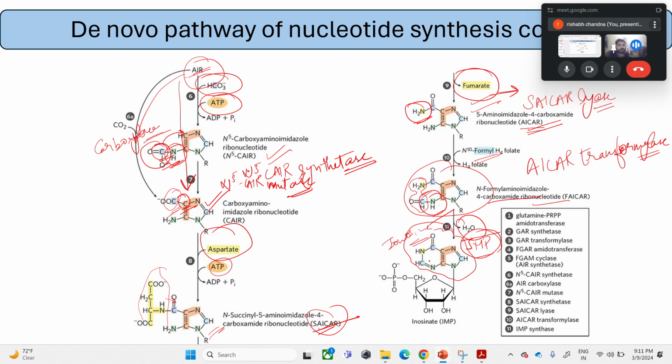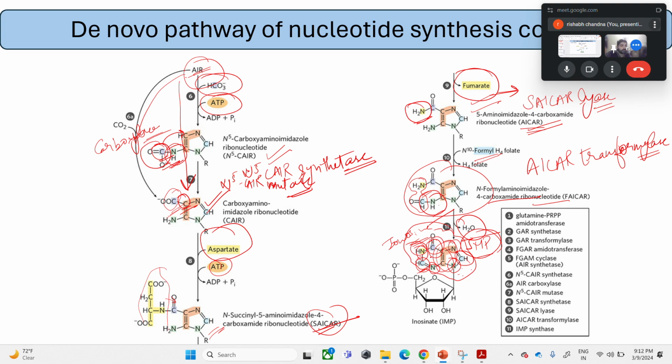Okay, so this is how the rings or different atoms are arranged in the moiety. First, the five-membered ring is formed using glutamine amide bond, glycine, followed by the formate group, followed by the ring formation. Then comes the glutamine, carbon dioxide, aspartate, and then the last step is the formate. So formate provides two carbons, glutamine provides two nitrogens. Glycine provides two carbons and one nitrogen, and aspartate provides one nitrogen, and carbon dioxide or bicarbonate ions